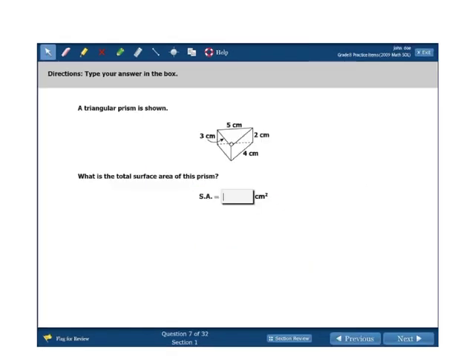Triangular prism. So we have a triangular prism of which to find the surface area. So I need my formula for the surface area of a prism. Surface area of a prism is,